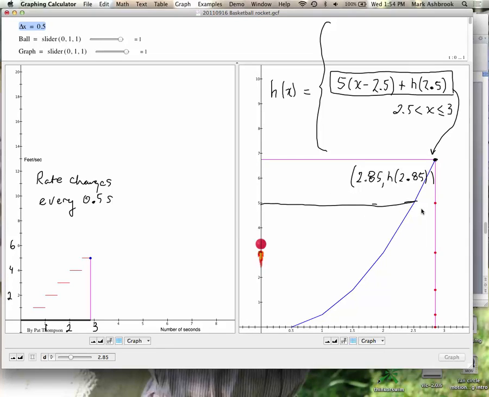So whatever that y value is at 2.5 is the height at 2.5, and then this other part is the change in height, right? The change in height, k delta x, the change in y, or in this case the change in h. Okay, so that's one way to think of this output, but